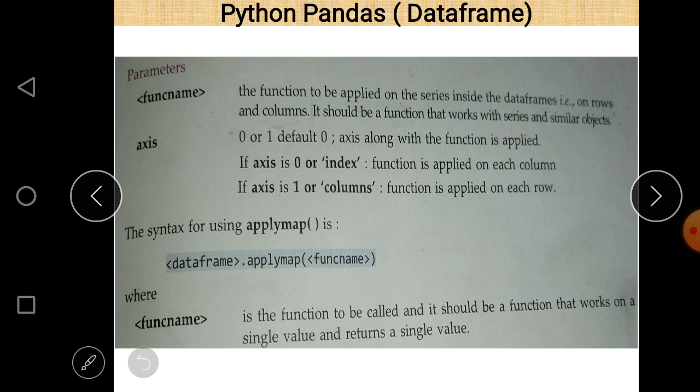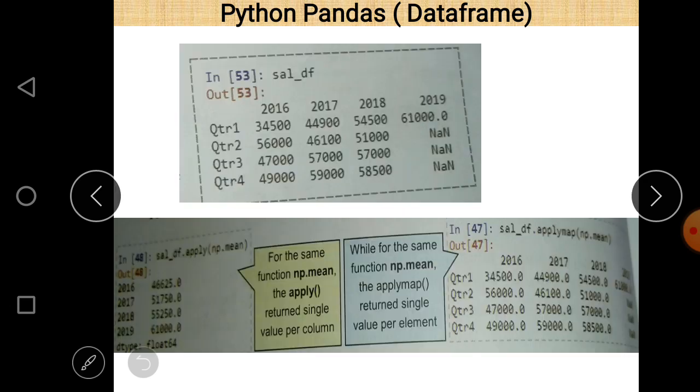Next, there is a data frame here named sal_df, and in this data frame there are certain rows and columns.